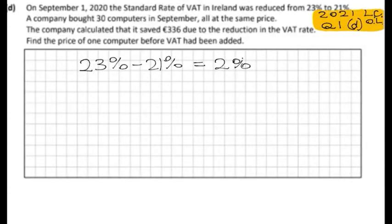This is Part D of 2021, Question 1, Ordinary Level Leaving Cert. Here we have a financial question. The standard rate of VAT in Ireland was reduced from 23% to 21%. A company bought 30 computers. The reduction in cost was